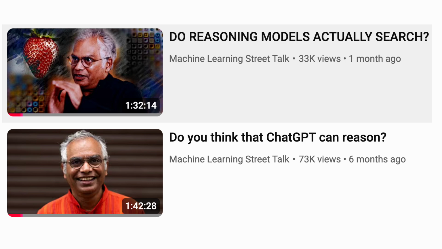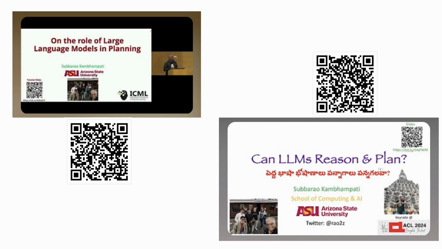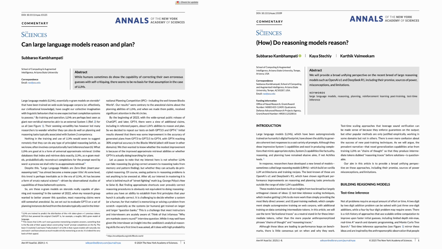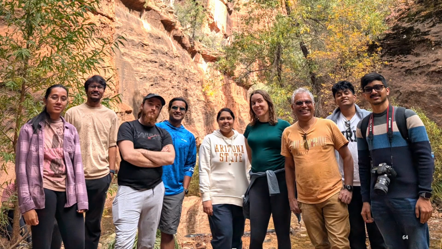But I have the older ML Street Talk stuff that will be more general about LLMs and also LRMs that you might be interested in. And there is an ICML tutorial that's 1 year old, so it doesn't have anything about LRMs, but it has a lot about LLMs, a little bit more. And this is the ACL talk. As I said, if you want to just remember anything of what I said, just look at these 2 papers, and it sort of gives you an abstract of what I was saying. The details are, of course, in the papers.